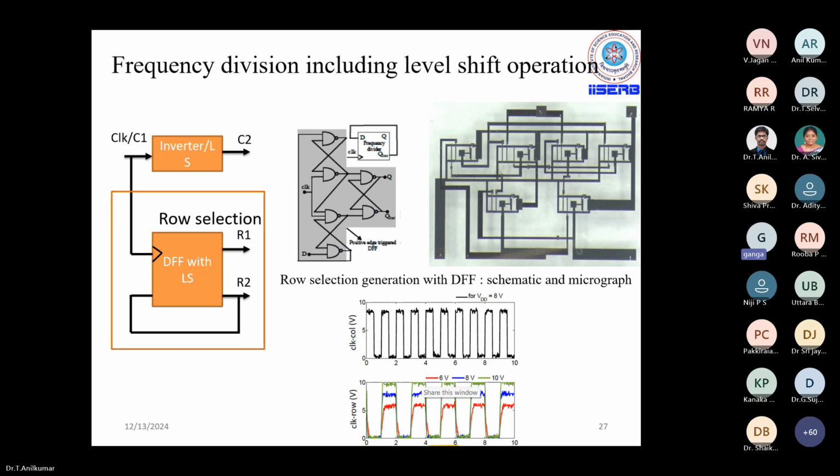We also have tested a frequency divider by using these pseudo CMOS gates with the help of a D flip-flop. This is also a measured response, as we can see here. Actually, we have developed this for a flexible radiation sensing system, which is part of an EU project. The clock input is given by this black signal, and in the bottom we can see the frequency divider functionality with the different power supply voltages, and we are able to get complete rail-to-rail operation with these proposed gates. Here we can also see the fabricated circuit. Next.